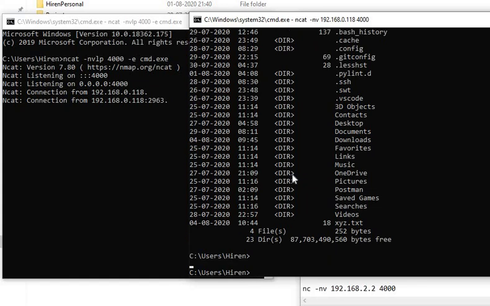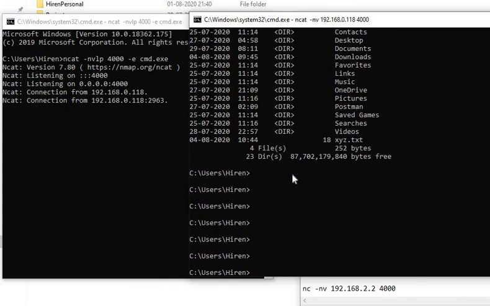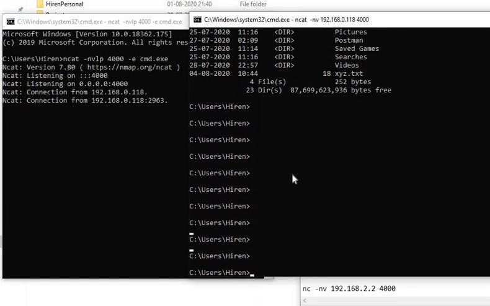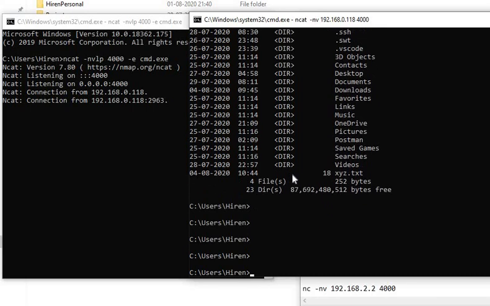So ultimately the hacker will already have gotten into your system. He can access everything, man, everything. He can paste a virus file here, he can run a virus file here, anything he can do. He can have all the access of the system. So this is the type of thing one can do with the netcat command. I hope you are all clear with the netcat tool.